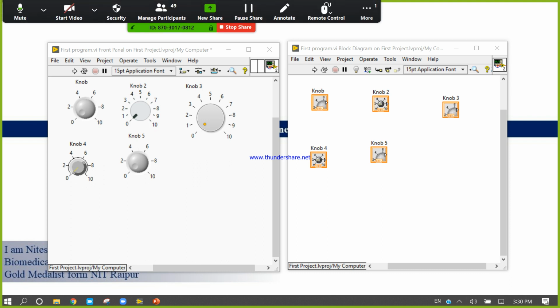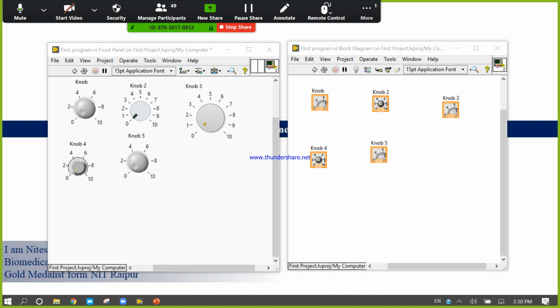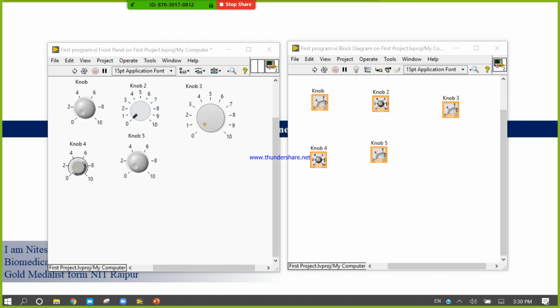For that, if you take the knob from the different styles in the front panel, you will find a different look. It comes with different versions. First came Classic, after that they designed System, then Modern, then Silver. Now the new version is the NXG version.